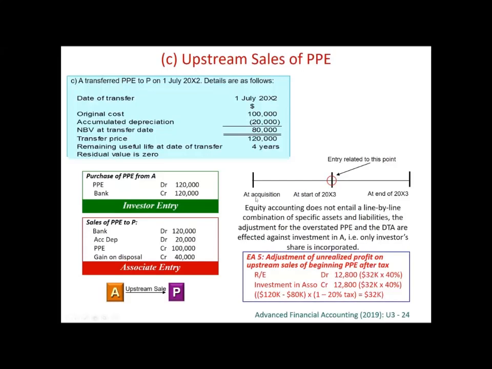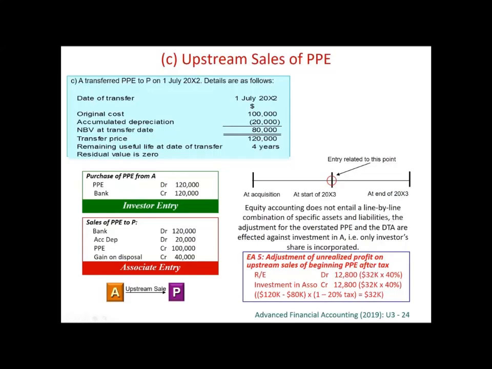If this is a subsidiary, after we debit away the gain on disposal, you have to adjust for the cost and the accumulated depreciations. So we have to reinstate the cost and reinstate the accumulated depreciation. No matter this is for the cost of the property, plant, and equipment or for the accumulated depreciation, you are adjusting the balance sheet item. For associate, any adjustments for the balance sheet item, we simply credit investment in associate. Therefore, the adjustments is we will credit investment in associate.